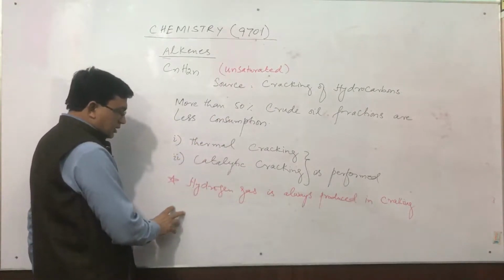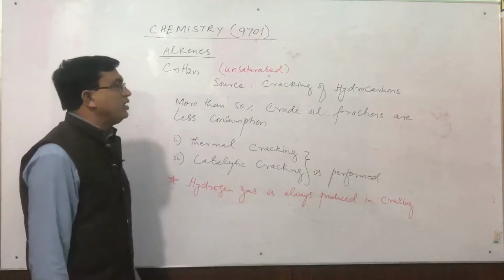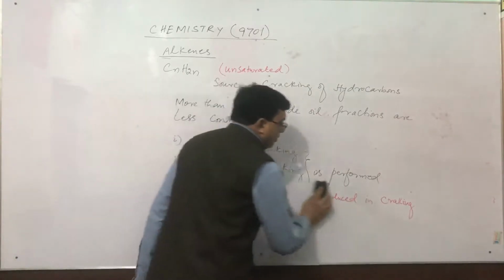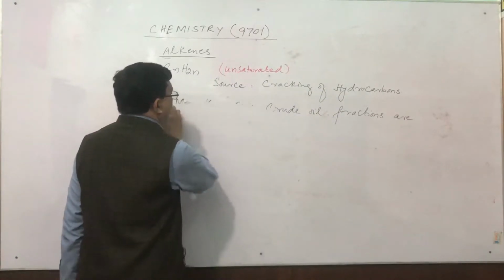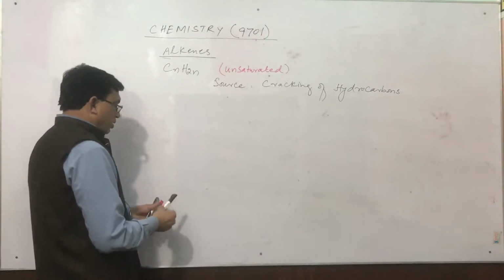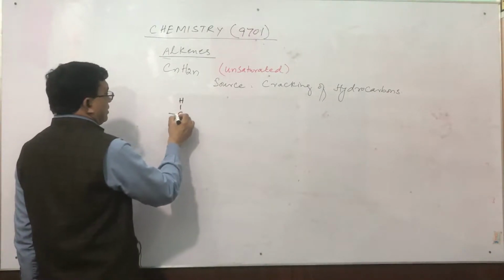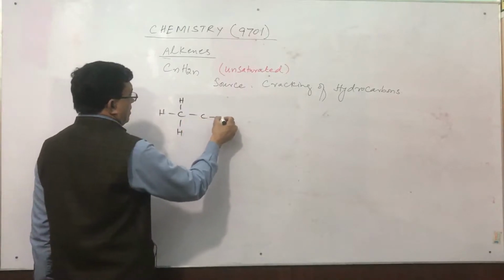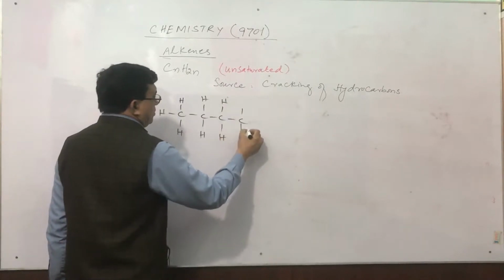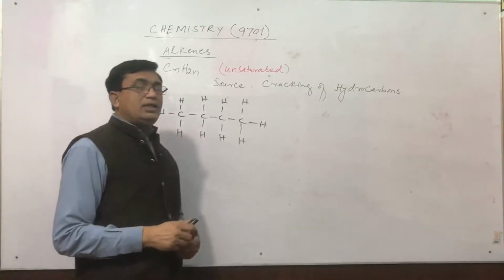As a result of cracking, the most important point is that hydrogen gas is always produced. It never happens that hydrogen gas is not produced. Whenever we perform cracking, we get different types of cracking products. Rather, we get a mixture of hydrocarbons. For example, if we have a butane molecule, and we perform thermal cracking, thermal means in the absence of air,